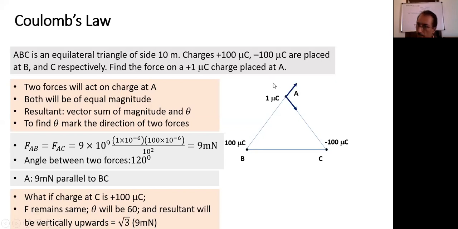Are you clear? The force will start acting in this direction. So one force like this, other force like this. What will be the angle between them? What is the angle between the two forces then? 60 degrees. And when we substitute in the formula, if each force is F, the resultant will come √3F, and the direction will be along the bisector. Which direction will the bisector act? This is the direction along which the bisector will act.